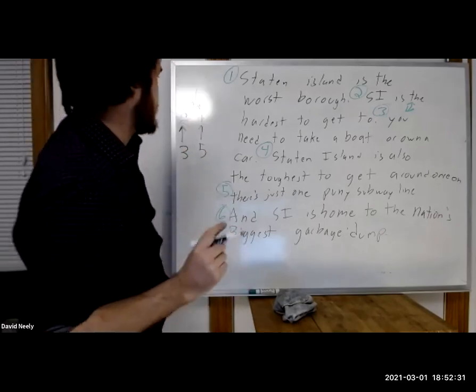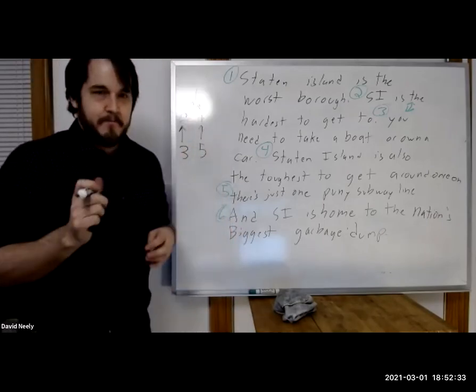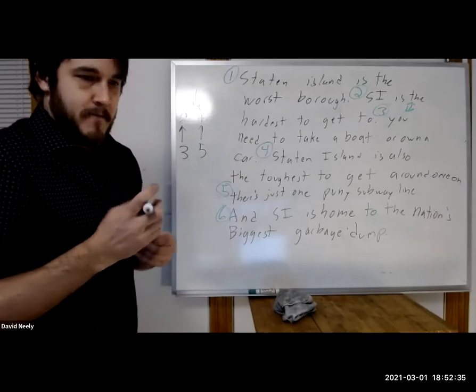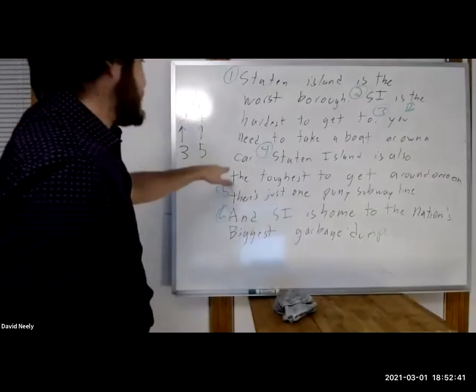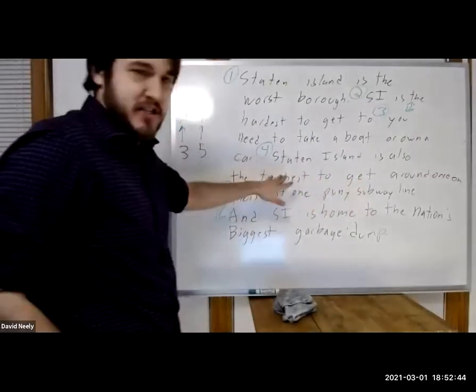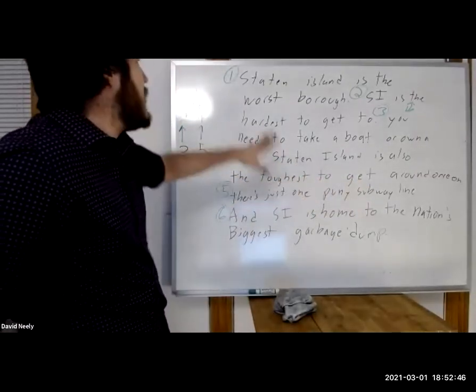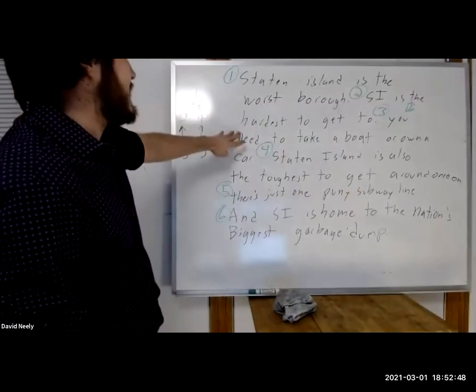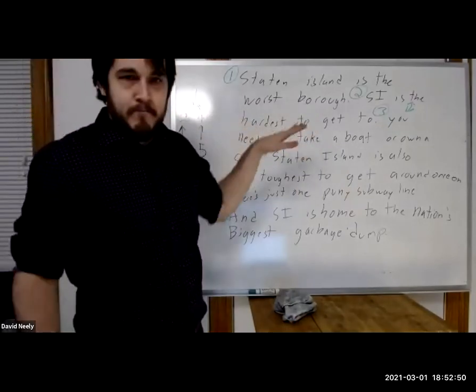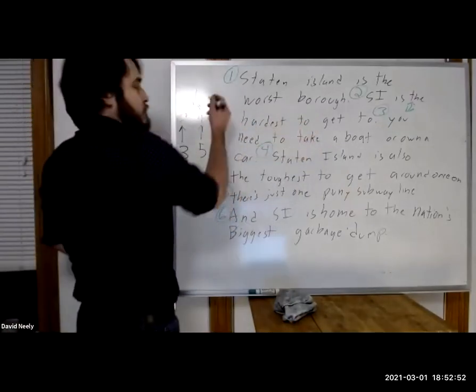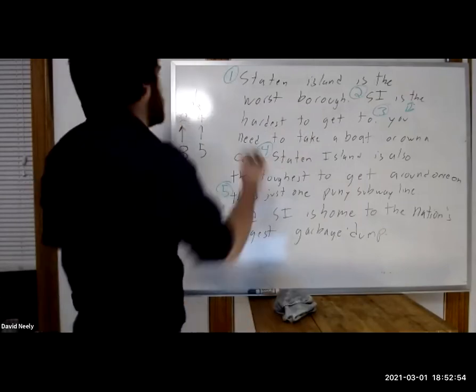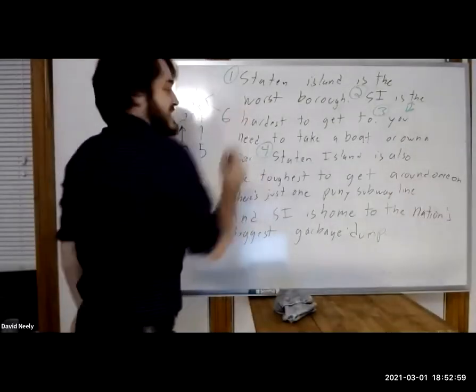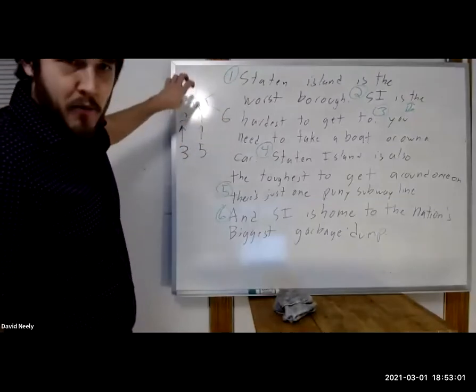Now, what is 6? How does 6 fit into this? Just think about it. Yeah, it's another convergent, and a convergent that proves what? Does it prove that Staten Island is the toughest to get around on once you're there? No. Does it prove that Staten Island is the hardest to get to? No. What does it prove? Well, we generally don't like garbage dumps. So we can imagine that this here is going to be 6. It is just another convergent premise on 1.